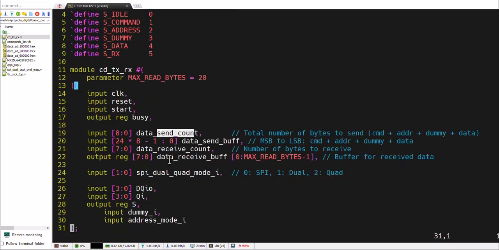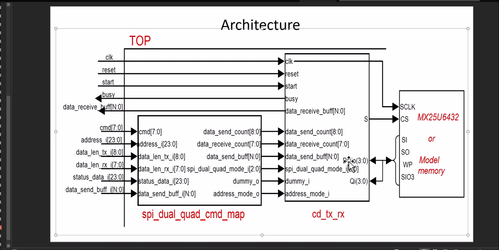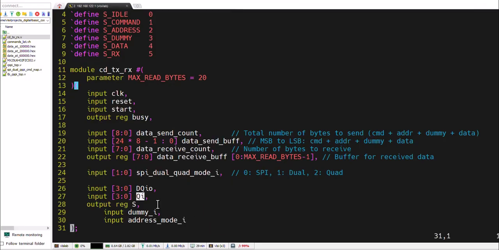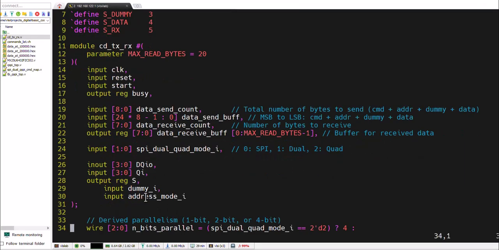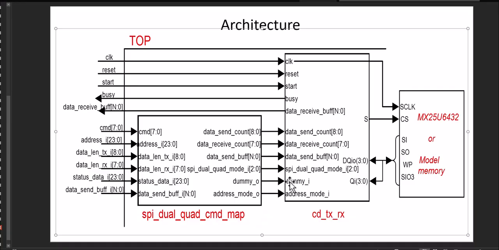Data send count, then buffer, receive count, then receive buffer, then dual chord, SPI dual chord mode, that is 2 bits. These are the pins which is referring to this side. DQ IO 4 pins, then QI is an input 4 pins, and there will be the dummy and address. So it is reflected in the bottom side of this dummy input and address. Okay,